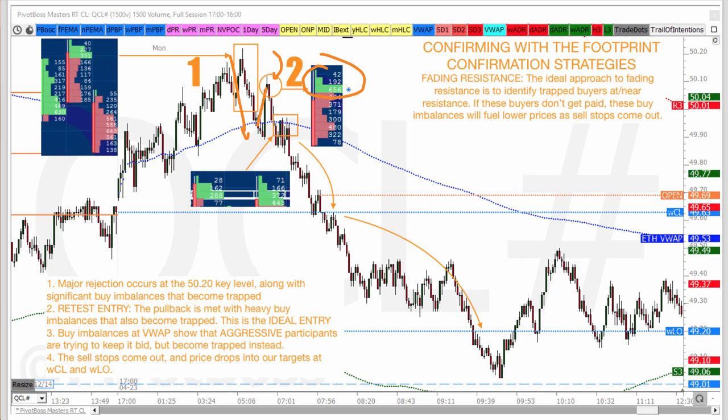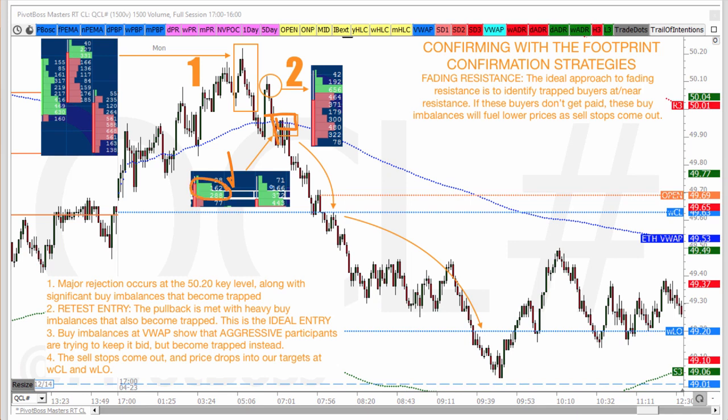I mean, another 900 contracts bought on this high, 3 ticks off the high there. And then bang, it drops. Then price drops below value. This is VWAP. This blue dotted line is VWAP. When price drops below VWAP, right here, this is what it looks like. That white box is VWAP.